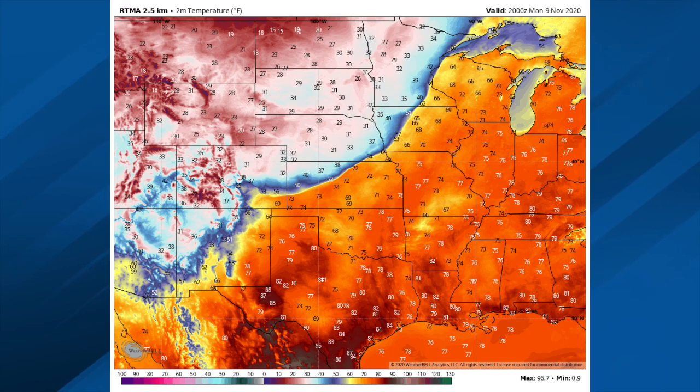But boy, look at the front across the middle of the country, running through parts of Minnesota, Iowa, Nebraska, and Kansas. On the cold side of that front, they're below freezing with teens and 20s. On the east side of the front, you've got 60s and 70s. Now, that cold air won't make it down here, but I do think the humidity values come down across Alabama